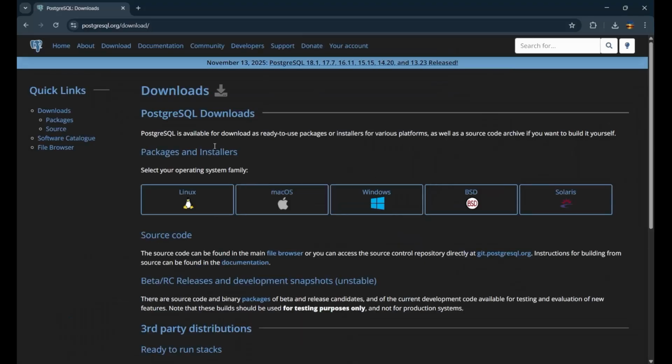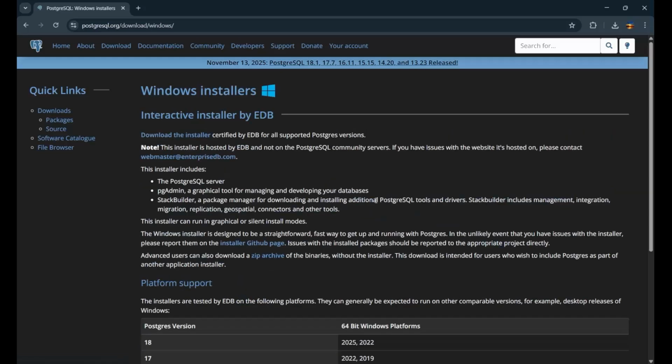After clicking, you will land on the download page of PostgreSQL. Here you will find different operating systems. Choose your own one. I'll choose Windows. Now, after coming to the Windows page, you will find download the installer here. Simply click on this download the installer,